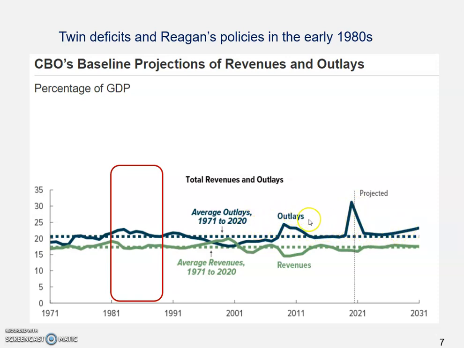Now once again, this figure shows the dark one as the government outlays, in other words, the government expenditure. The light one is the revenue, the tax dollars flowing into the government. So during this historical period, you find that in the first 2 or 3 years, the government revenues declined substantially, several percentage points of GDP.